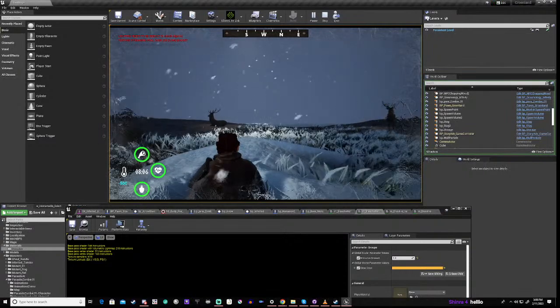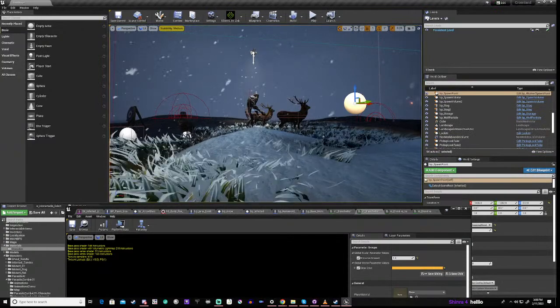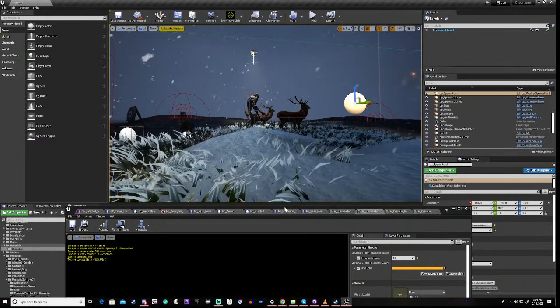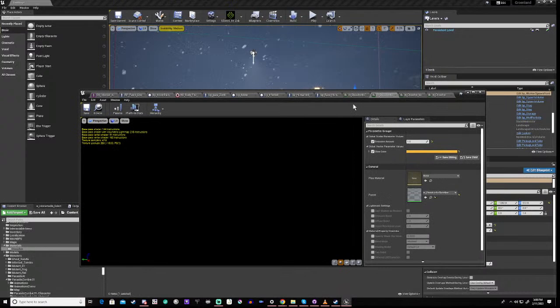You'll see that he will dissolve. But, obviously, we don't want it to actually do it there. So what we're actually going to do is go and get